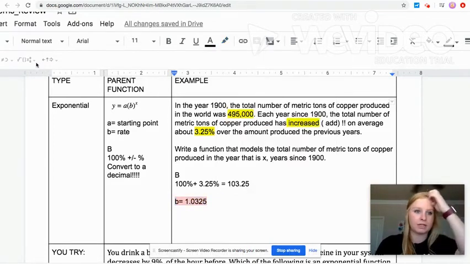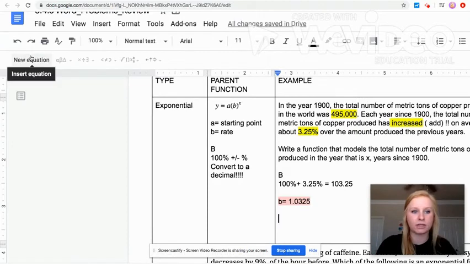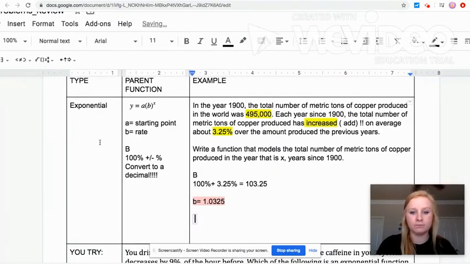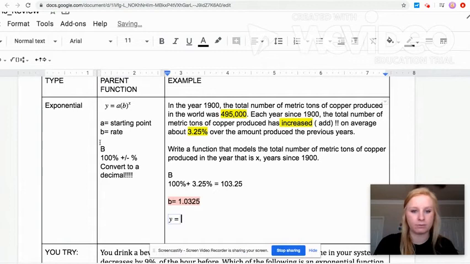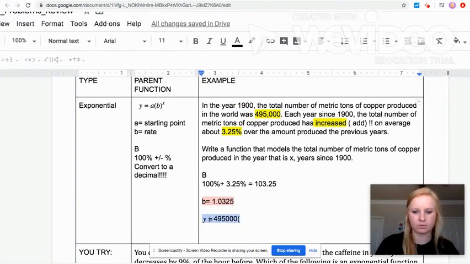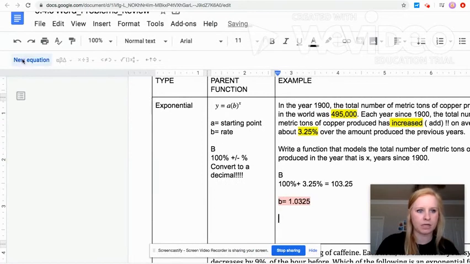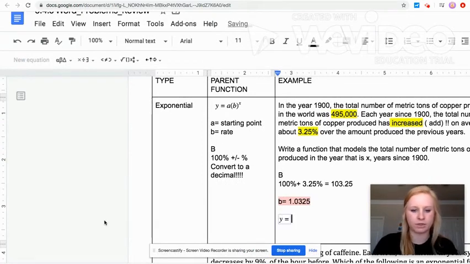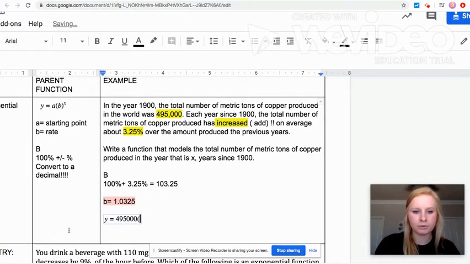All right, so again, you should already have this equation tool right here. Go ahead and hit new equation. We're going to say y equals, our A value, which is the starting amount right here, you guys, that 495,000. So we're going to say 495,000 parentheses, and I don't think this is working as an equation right now, so let me retry that. I'm saying new equation, y equals, there we go, 495,000 parentheses, okay, 1